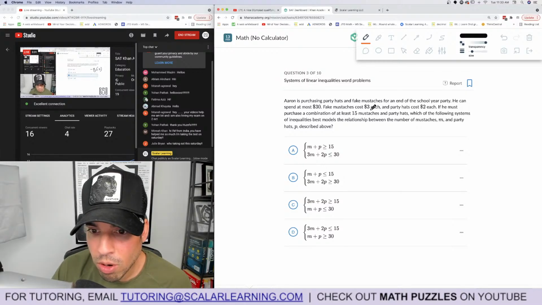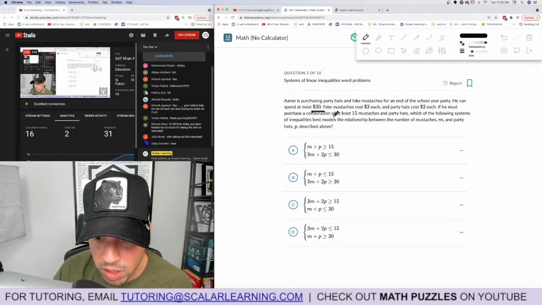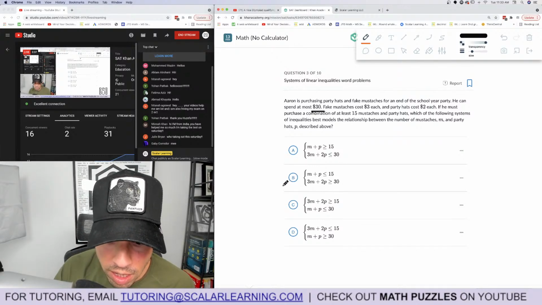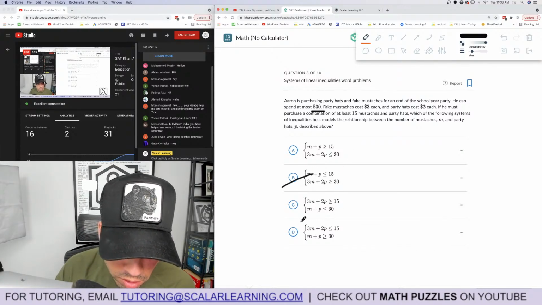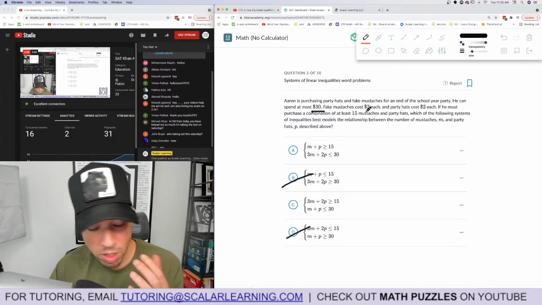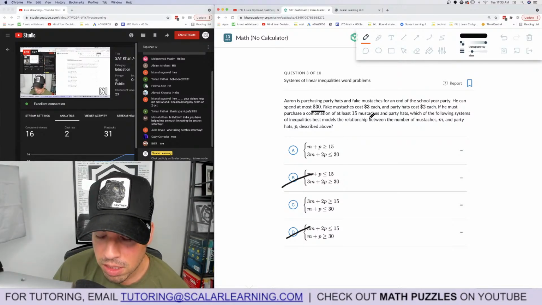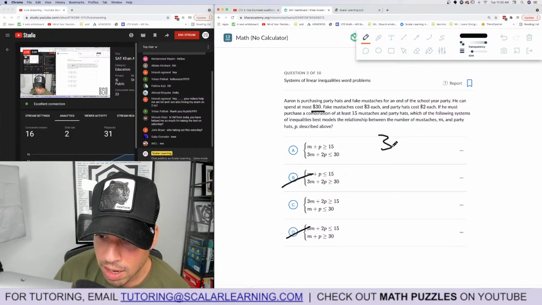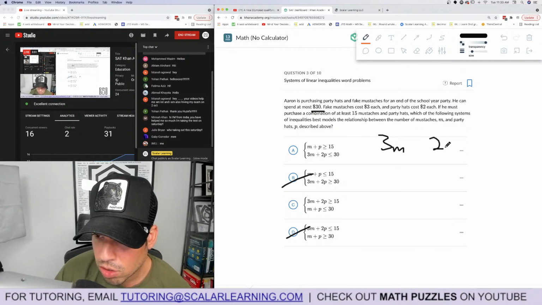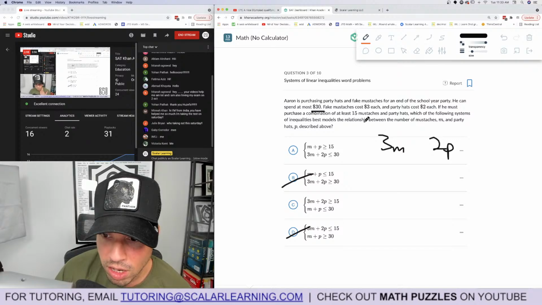Okay, Aaron is purchasing party hats and fake mustaches for an end of school year party. You can spend at most $30. I should see at most, that means less than or equal to 30. I don't normally go through and eliminate like this, but whatever. It's another one of these systems. Okay, fake mustaches cost $3. I see M for 3, and party hats cost $2. If he must purchase a combination of at least 15 mustaches and party hats,